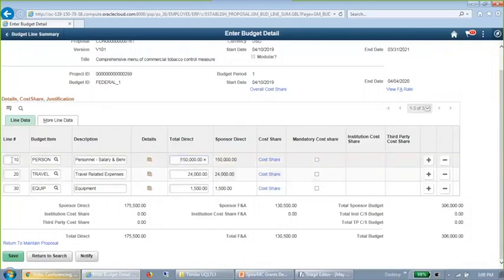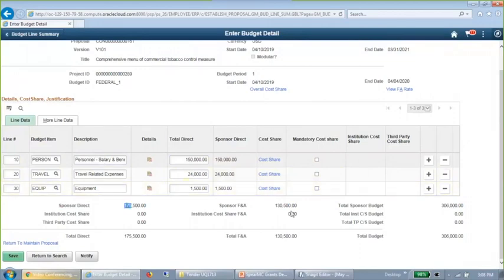You could have one budget item for the whole budget amount. I've even seen some customers decide that they're not even going to enter their budget on the proposal. They wait, generate the award, and enter it on the post-award side. So there's a lot of flexibility, but what is nice is as you're building out your direct cost budget items,